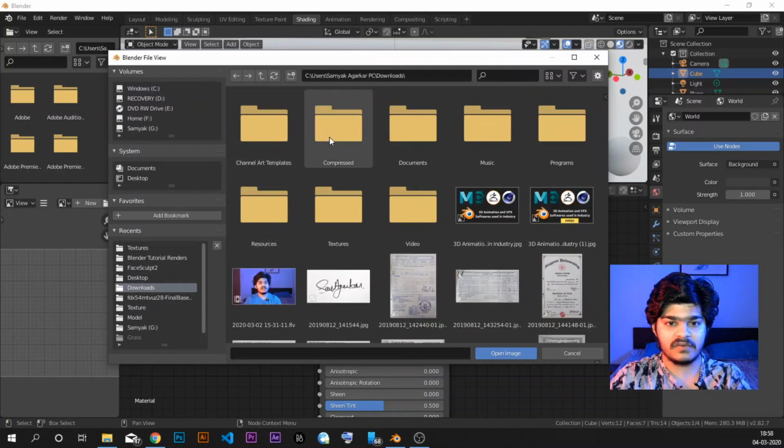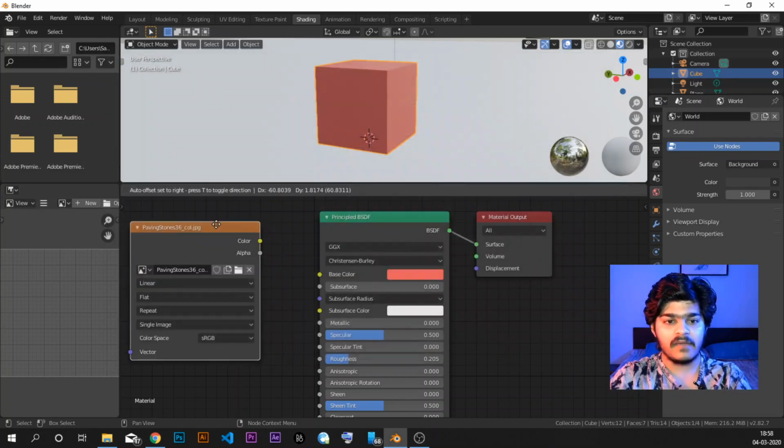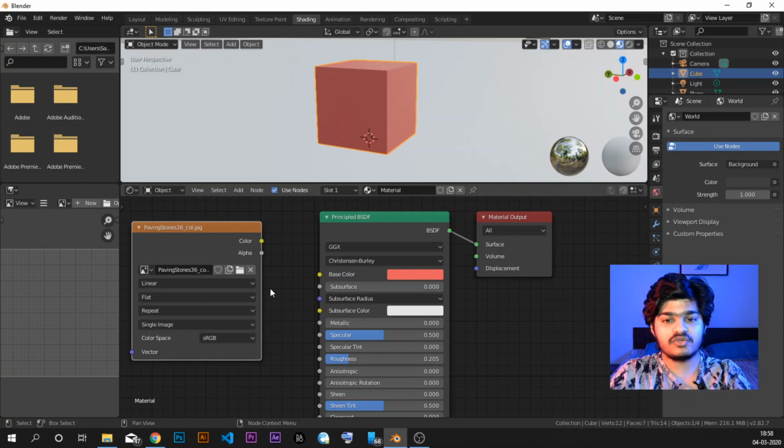It's in downloads, textures, and here we are just going to use the color to join up to the color. Now in the last tutorial I also told you that yellow should be joined to yellow, gray should be joined to gray, blue should be joined to blue, and green should be joined to green, and stuff like that, right? So